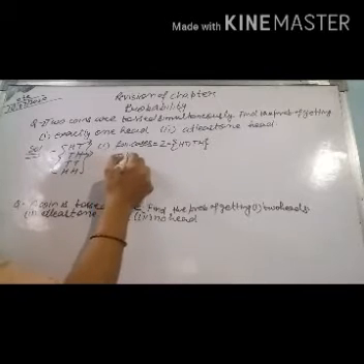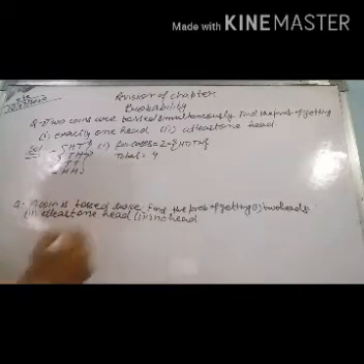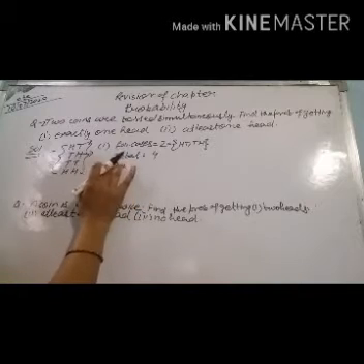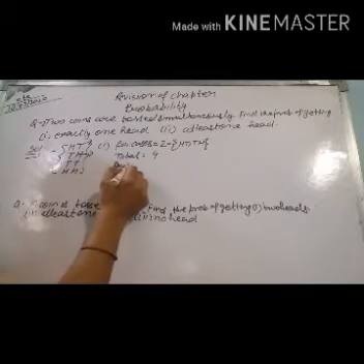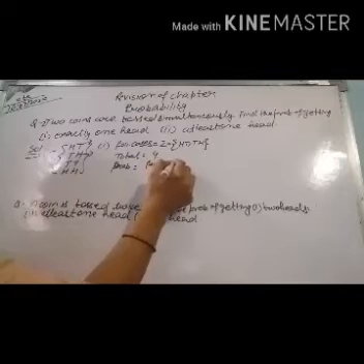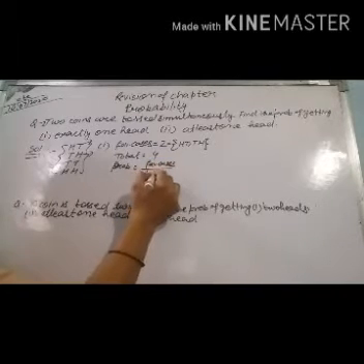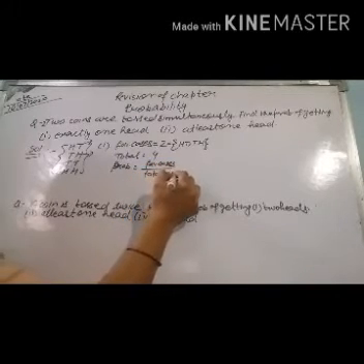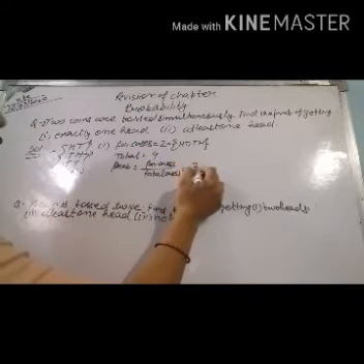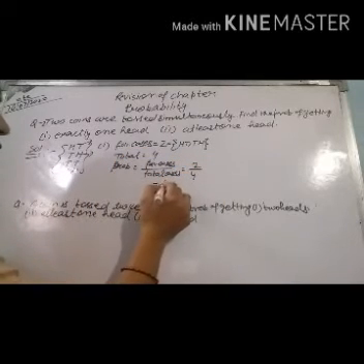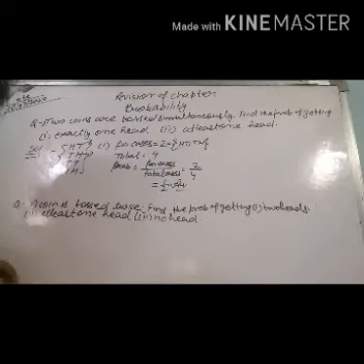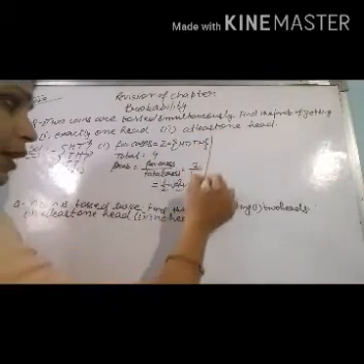Now total cases is equal to 4. And we want to find out the probability. So probability will be equal to favorable cases divided by total cases, and favorable cases is 2 and total cases is 4. So the answer is 1/2 according to this first part. Now come to the second part.